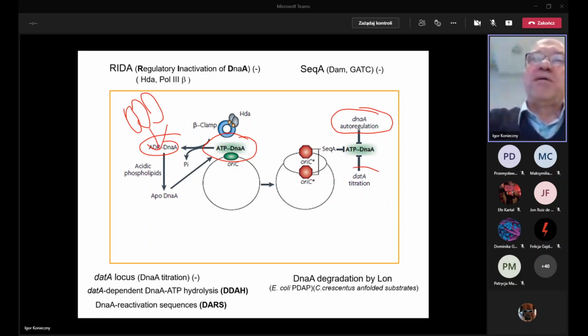It's inhibited by titration to those sites, but also the other protein, which is called SeqA, prevents interaction of DnaA in ATP form with, and now I would like to pay your attention, with newly synthesized DNA. So it's a SeqA dependent mechanism for inhibition of DNA replication, and SeqA is a protein which interacts with hemimethylated DNA, hemimethylated by Dam methylase,